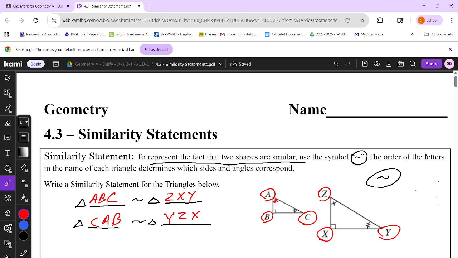What I'd like you to do is stop the video and then write the third way, or a third way, to write these similarity statements. Now that you've done that, we're going to move down,